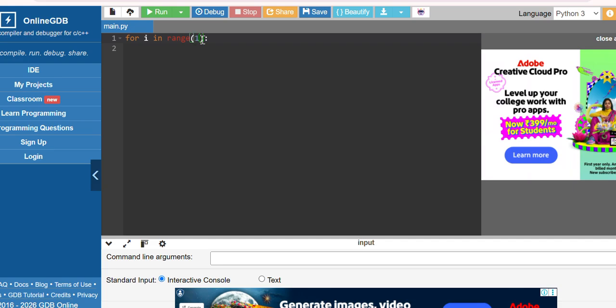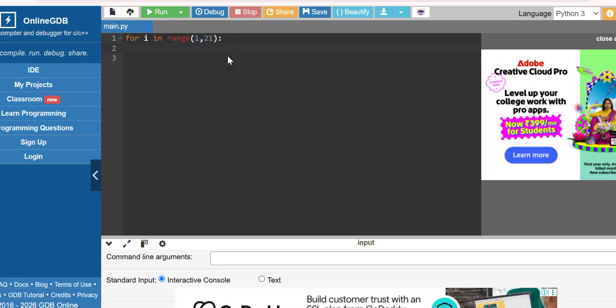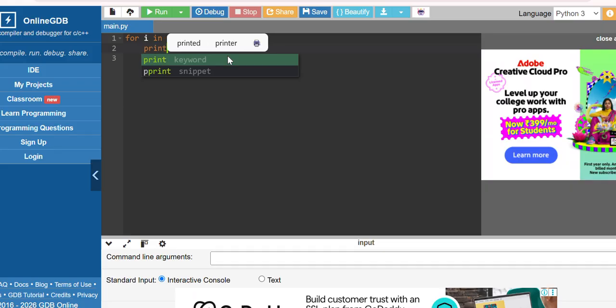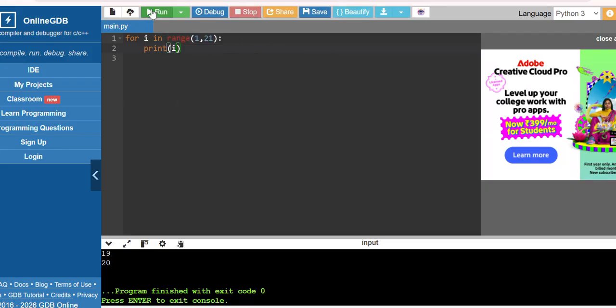We just put the starting point 1, then the ending point. Let us take something else, 21, and then print i. So it just counted all the way to 20 starting from 1. Okay,